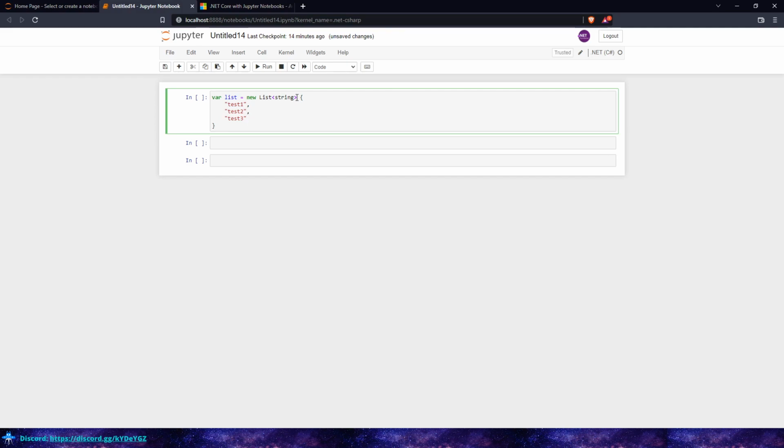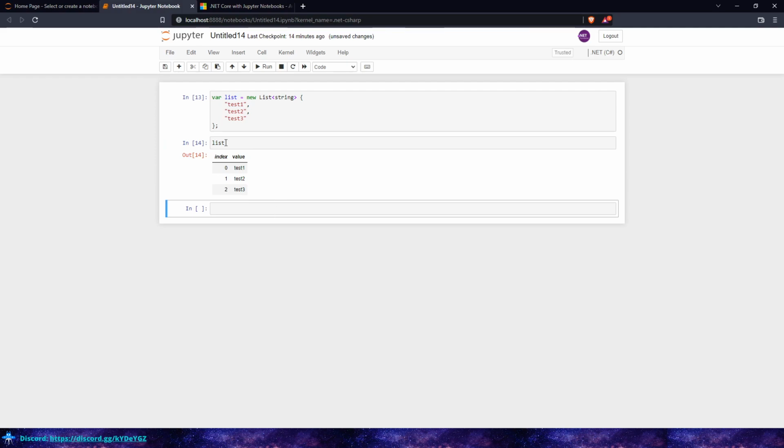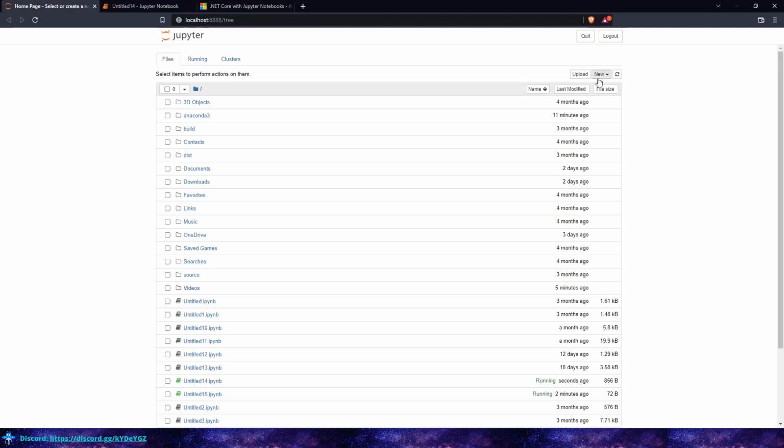How you could use Jupyter Notebooks. So we run that, we've created this variable called list. So now if we just do list, we can see the output. It does put it in this nice table with the indexes. I think that's kind of cool. If we go back here,